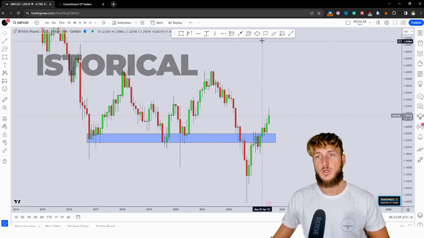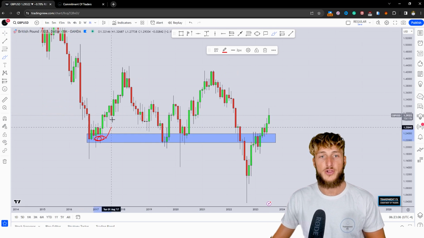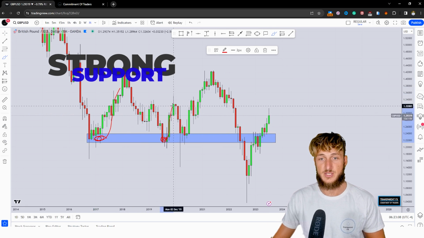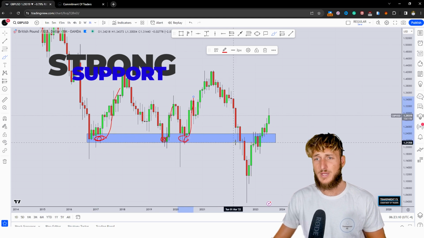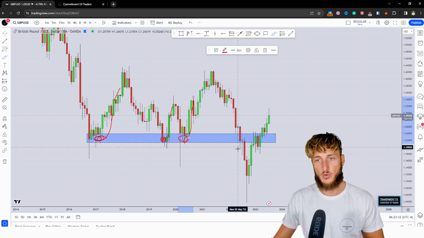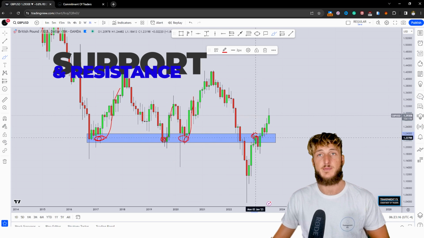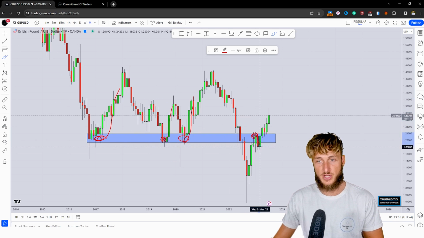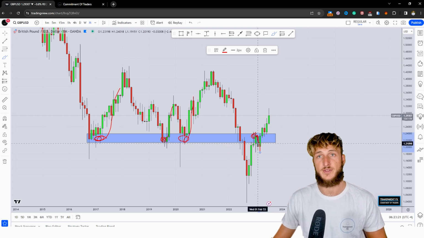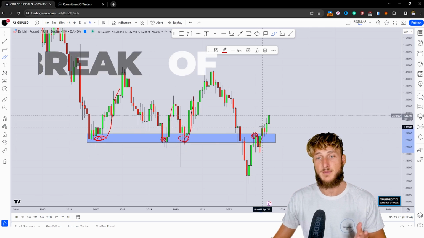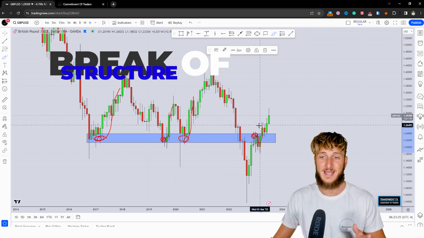In fact, what we know is that from here, all these previous rejections to the upside were created. And what we can see is that after the market broke this level to the downside, all this previous support was turned resistance here. The market, in fact, tested its zone and rejected it to the downside with the creation of this red candle. But now we had the break back above that zone, which makes once again this previous